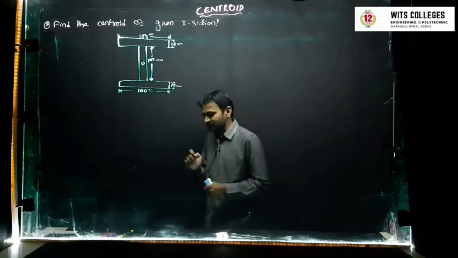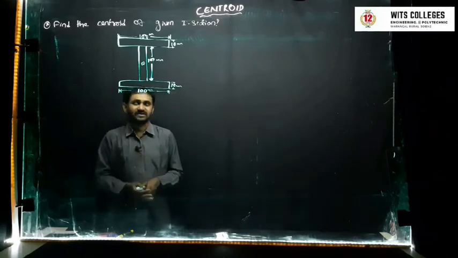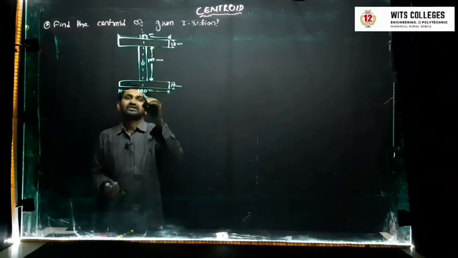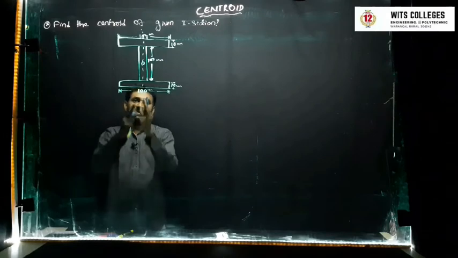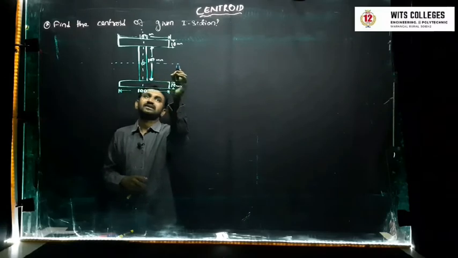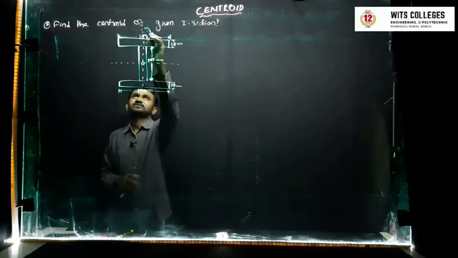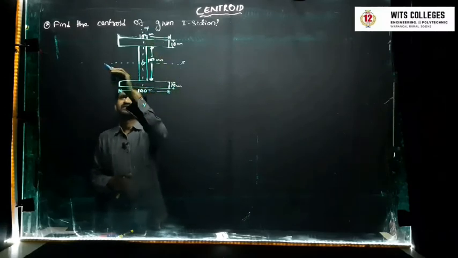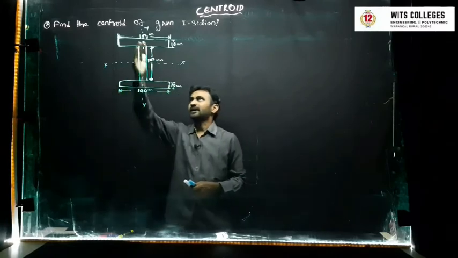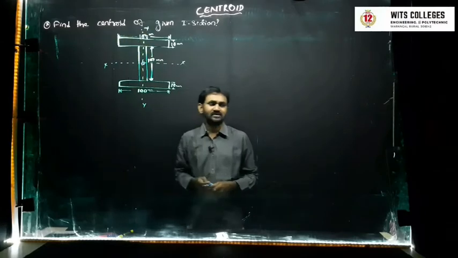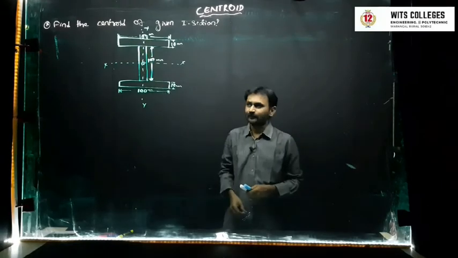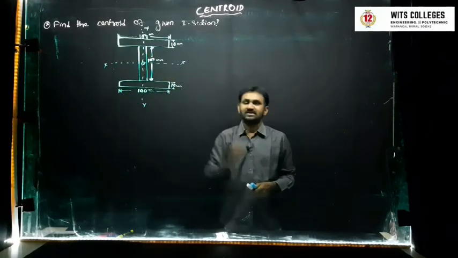Before starting that, I'll tell that it's a symmetrical section, in the sense in both the axes. For example, if I cut the section in the y-axis, it is equally divided into two parts. In both the axes it is symmetrical. So the simple concept is that in both ways you will get the answer. If I cut exactly in this direction, I'll get x bar as 50. If I cut like this, I'll get x bar as 70.